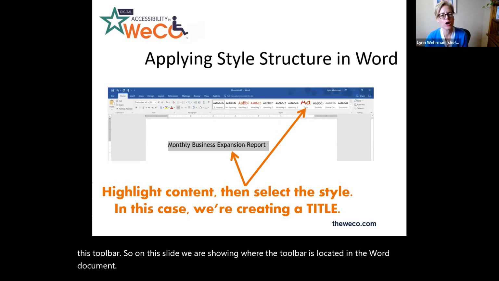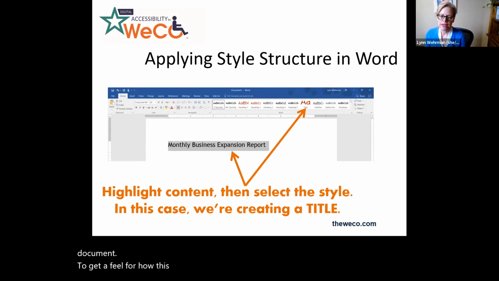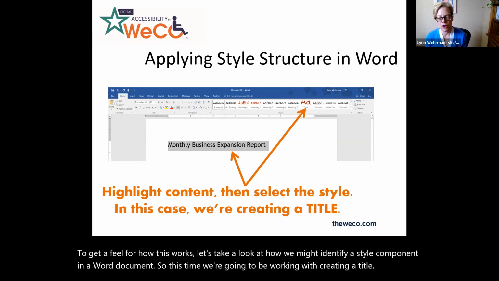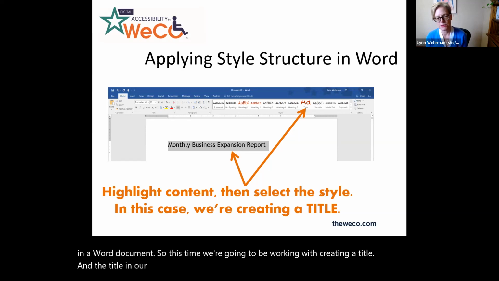To get a feel for how this works, let's take a look at how we might identify a style component in a Word document. So this time we're going to be working with creating a title. And the title in our screenshot example says Monthly Business Expansion Report.